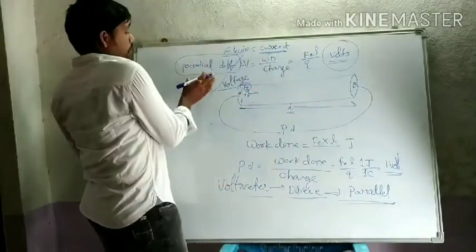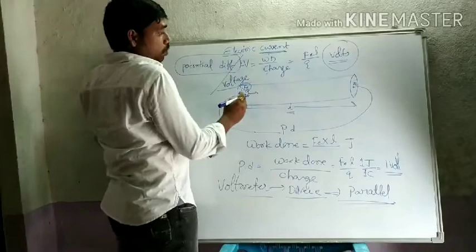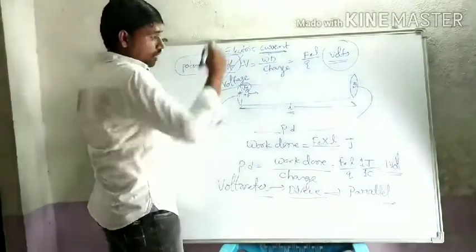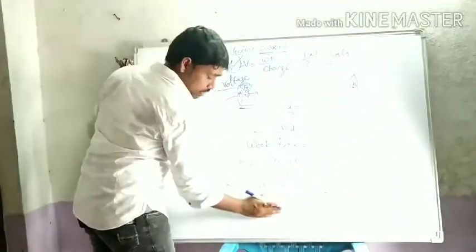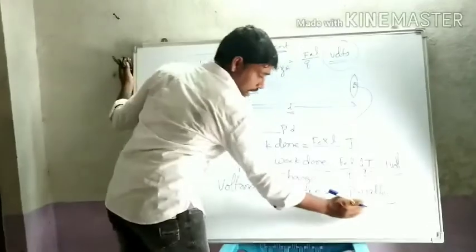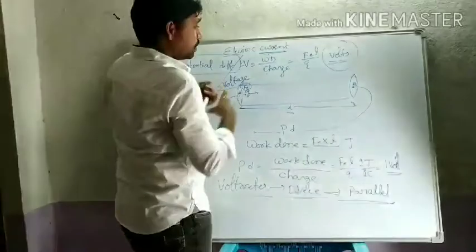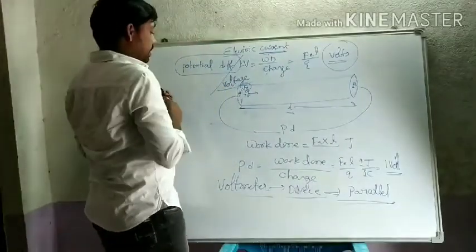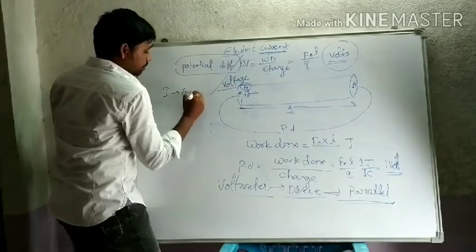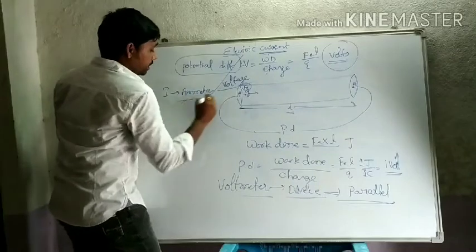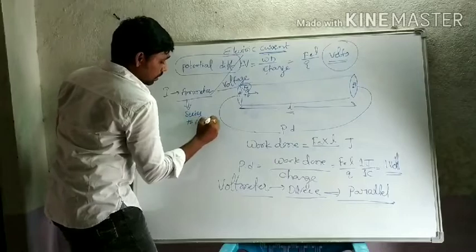Potential difference is nothing but one quantity in electric current, that is work done per unit charge. So it is measured in volts, and the device used to measure the potential difference is a voltmeter. That voltmeter is always connected in parallel to the circuit. Previously we discussed electric current. The electric current is measured with the help of a device called an ammeter, and this is always connected in series to the circuit.